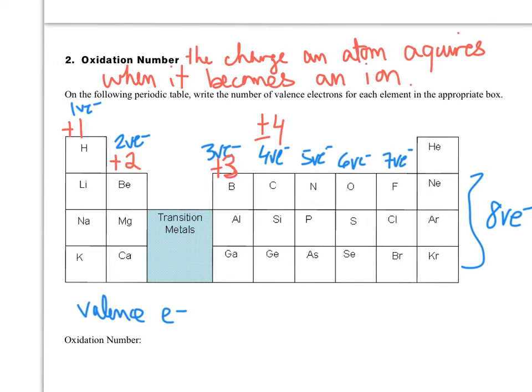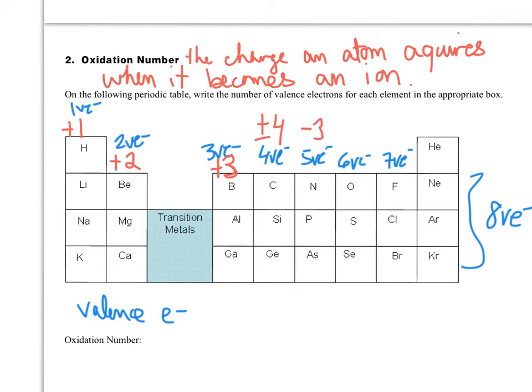Next group is the nitrogen family. They have 5 valence electrons. So for nitrogen, it can either lose those 5 to become like helium or gain 3 to become like neon. Well, now it's easier to gain 3 than it is to lose 5. 3 is less. So if it gains 3 electrons, and electrons are negative, then it becomes